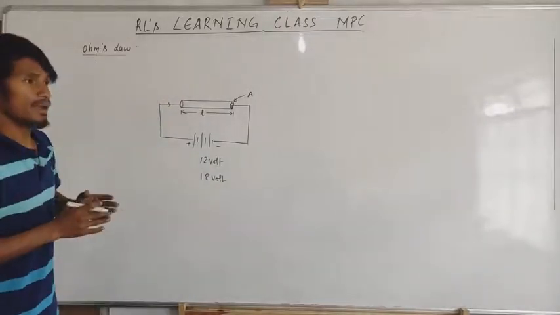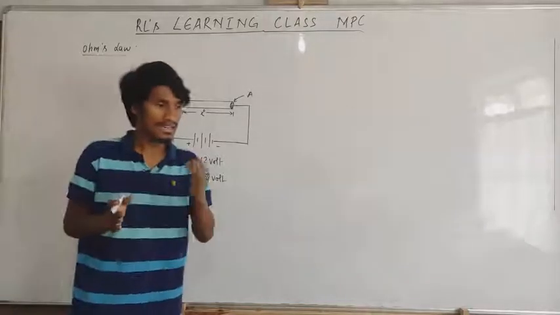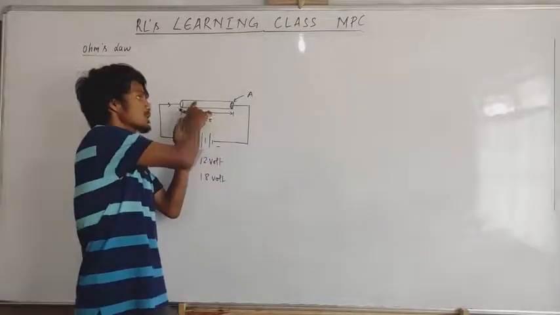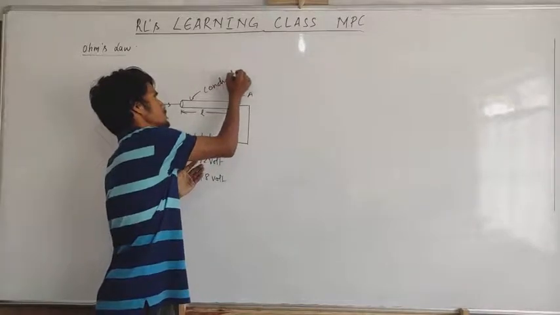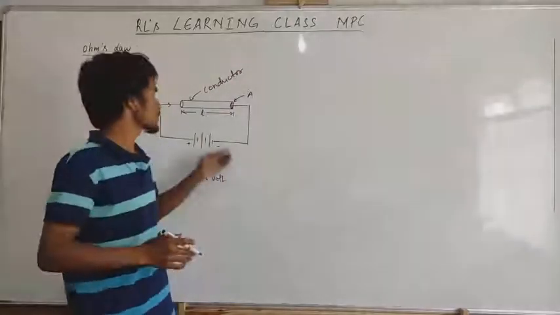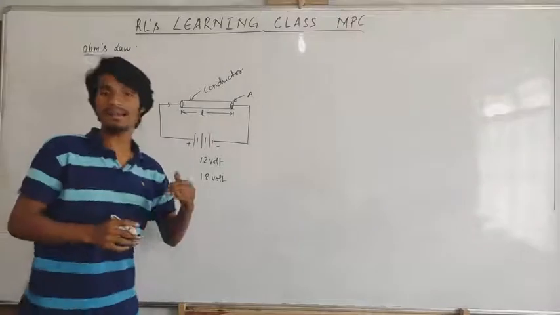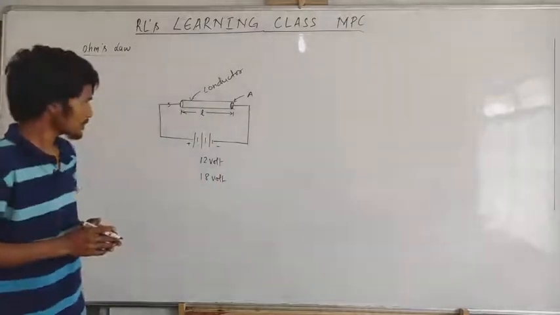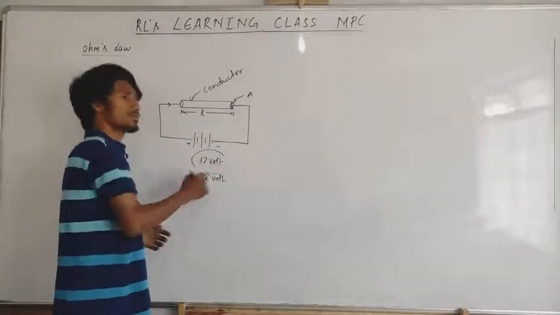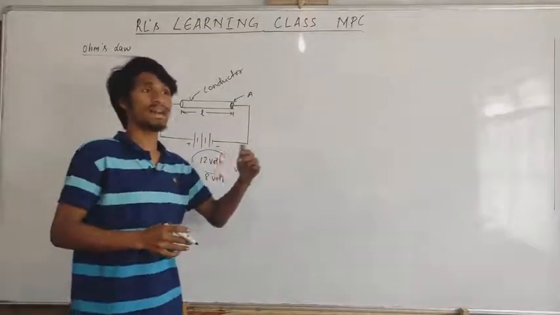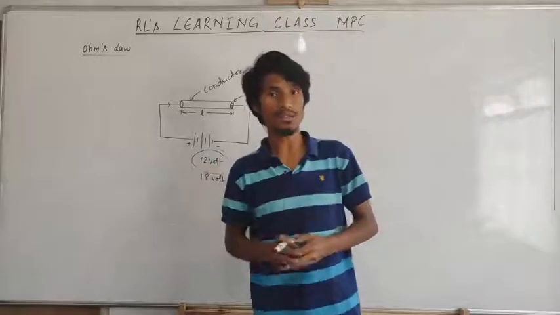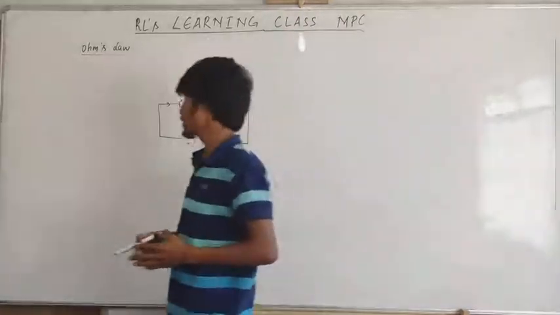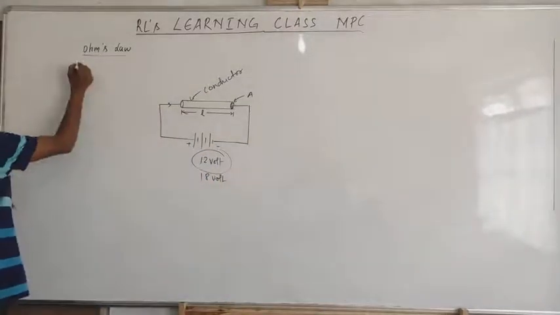That means that when an electric current flows through a conductor, let's say this is a conductor, the current is directly proportional to the supply voltage. What does directly proportional mean? It means as the supply voltage is increasing, the current also increases. That's the meaning of that. Okay, let's write this statement. It states that